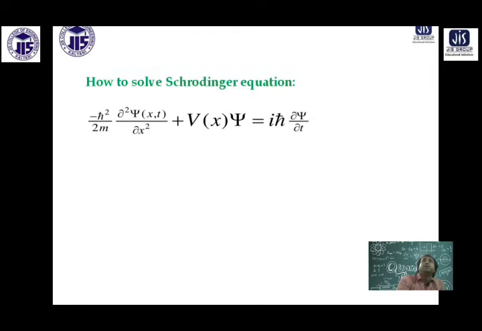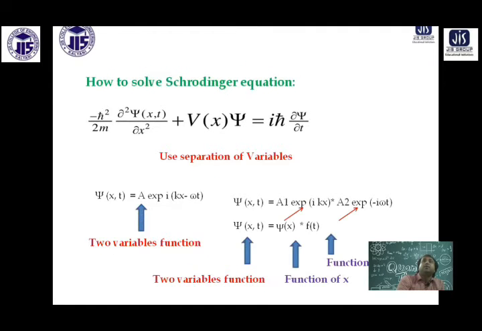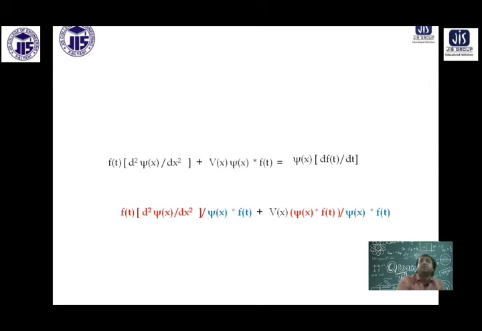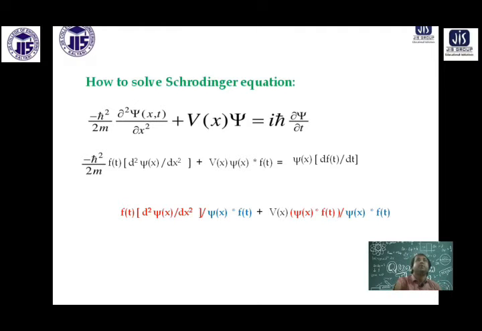Please see here, I have got the replacement now. You have dpsi dt and d2 psi dx2, that is f(t) d2 psi dx2 that I will be replacing there, and f(t) is also there. So if you replace it, d2 psi dx2 has been replaced, you can see V(x) psi means psi(x) into f(t), and the right hand side is, I missed an i h cut, i h cut psi(x) df dt is the expression basically.